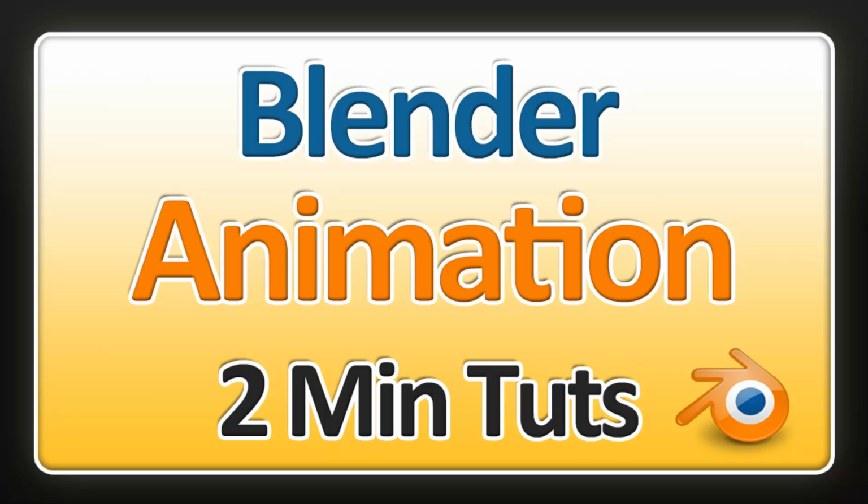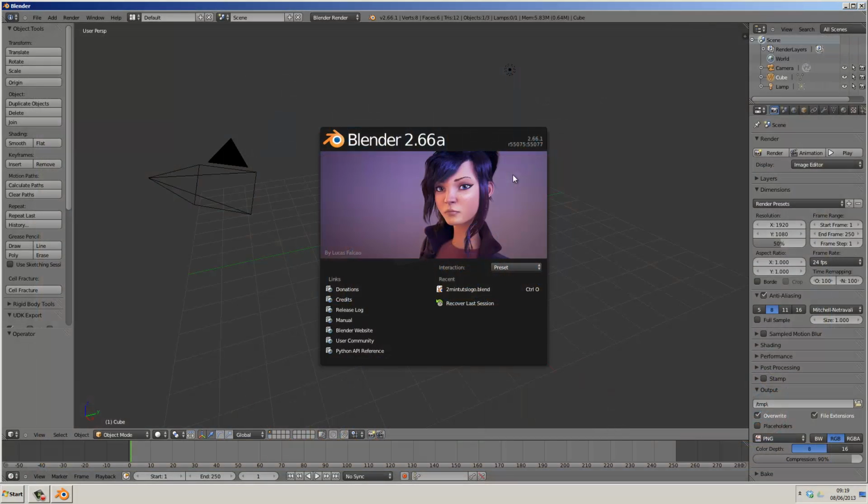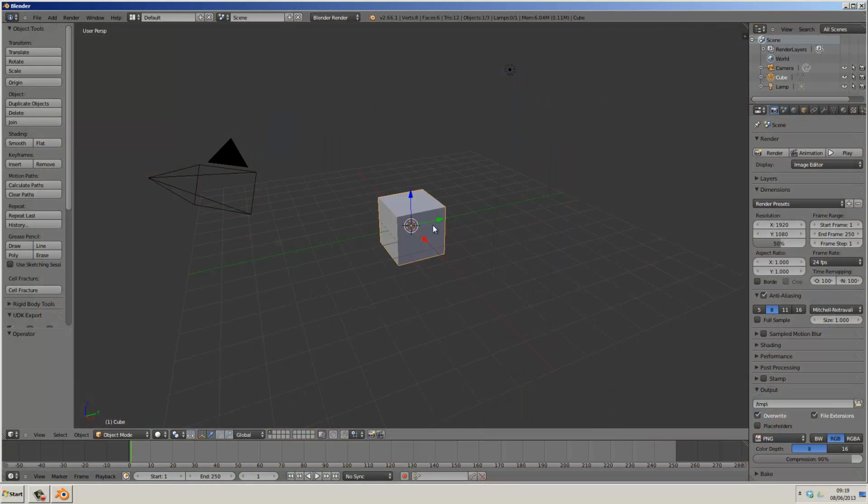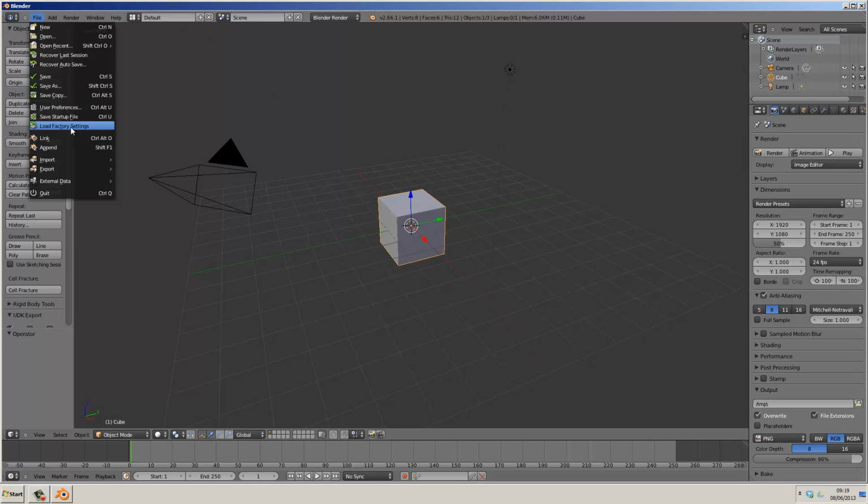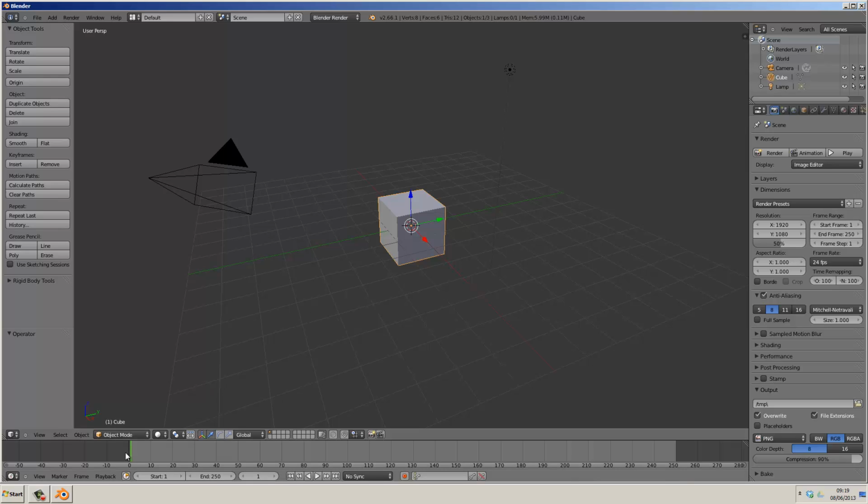By the end of this tutorial, you'll be able to create a simple Blender animation using keyframing. So to get the setup I'm using, open Blender, clear the splash screen using left mouse button. I'm using the program from Factory Settings, but if you're not, you can go to File, Factory Settings. But this is simply to ensure that the bottom window is set to timeline, as you could just set it